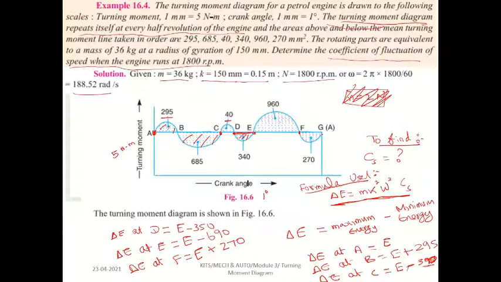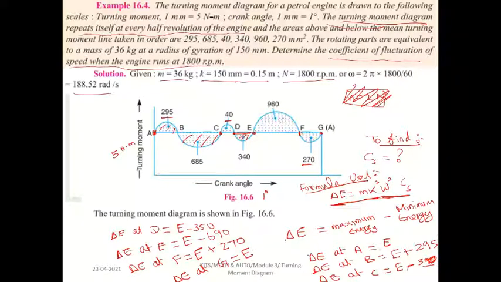At the end, del E at G. What is the answer at point G? Already we have plus 270 at point F. Now we have minus 270. So E plus 270 minus 270. The final answer will be E, because plus 270 and minus 270 cancel each other, so we have only E.